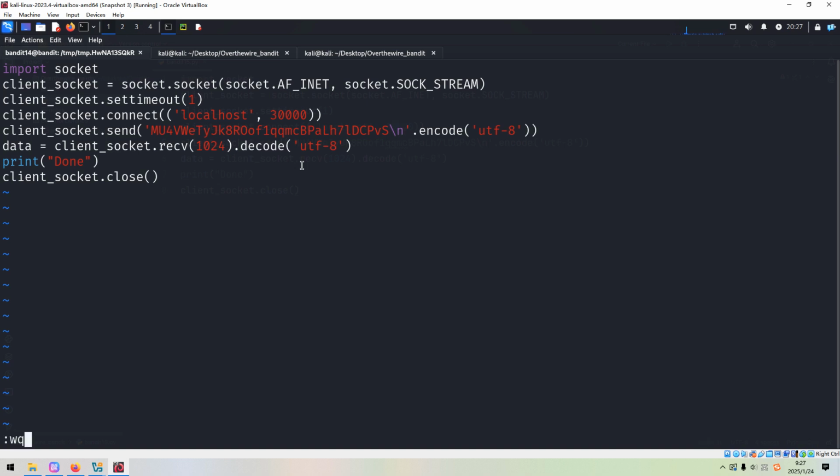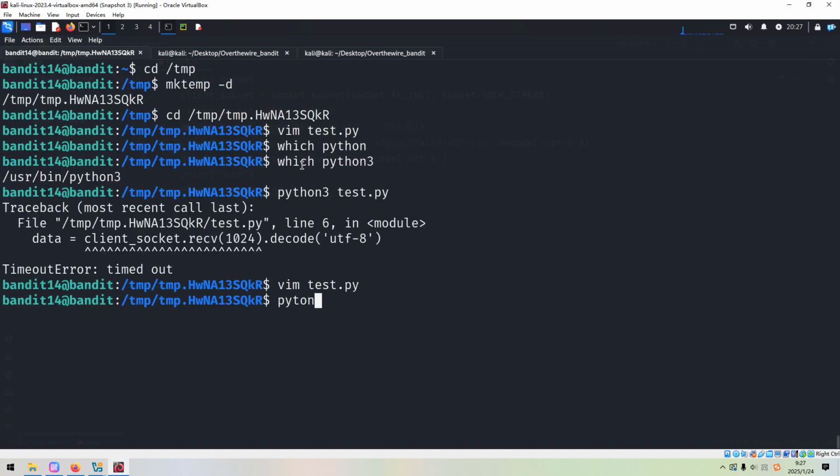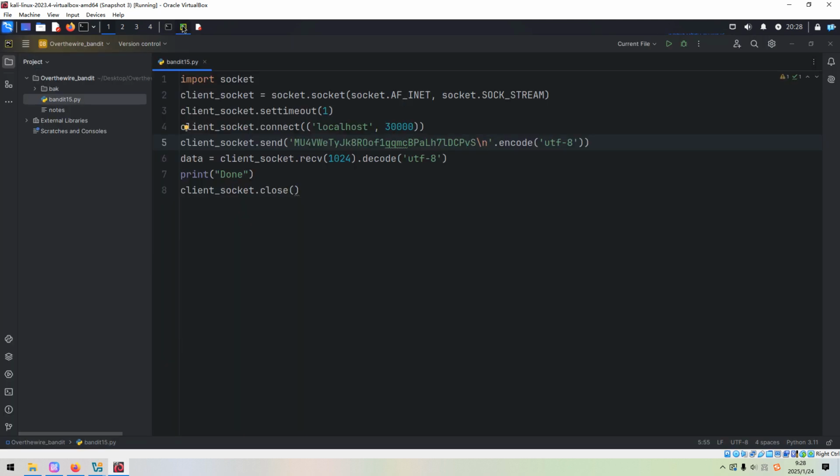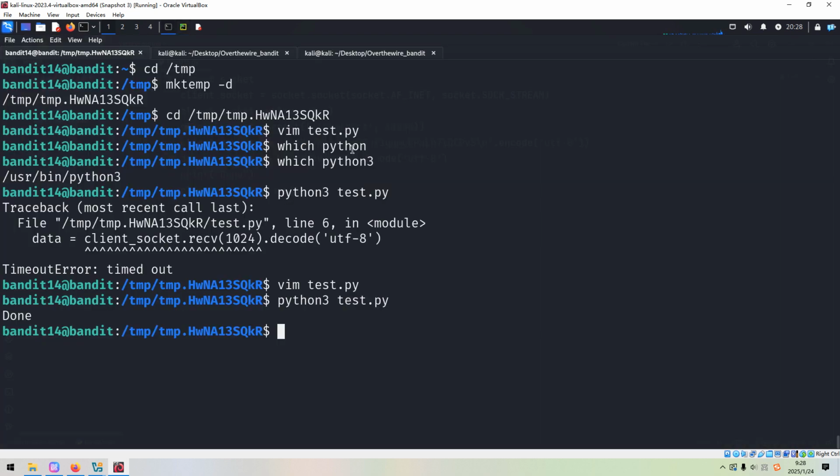We can write and quit, and now we can run the script again. Sorry, my bad. We can press enter. It's done, but nothing returned. Very weird. Oh, sorry, we forgot to print this data. What am I doing. Anyway,